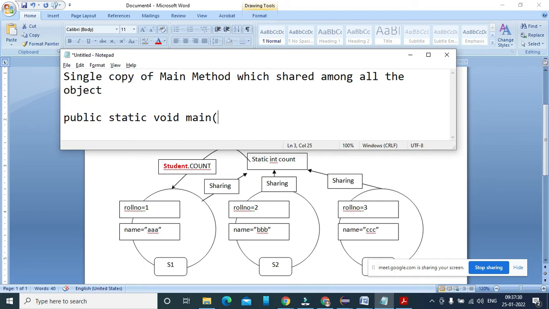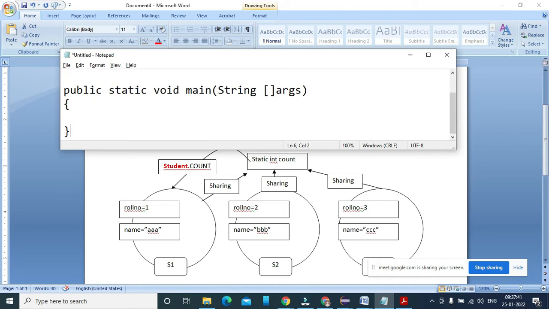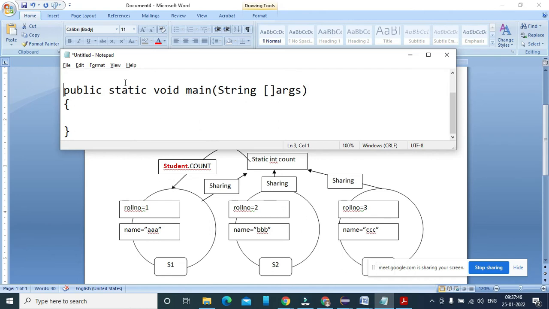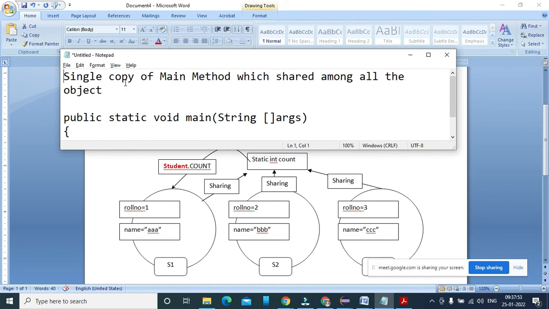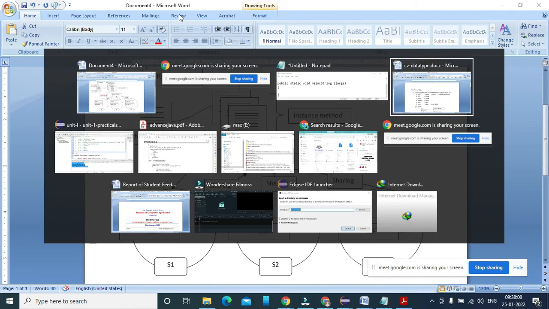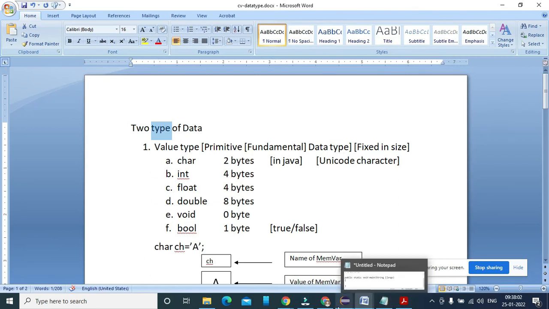That's why public static void main. And we can pass a number of arguments dynamically inside the main. That is the reason every Java application must require at least one main method. The class in which the main method is written gives its name to that project. So I can create n number of classes but my main method will be only one.